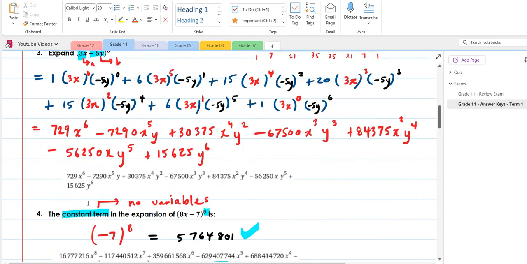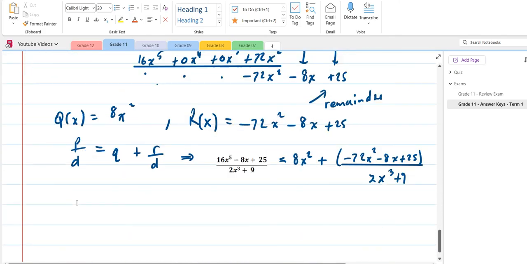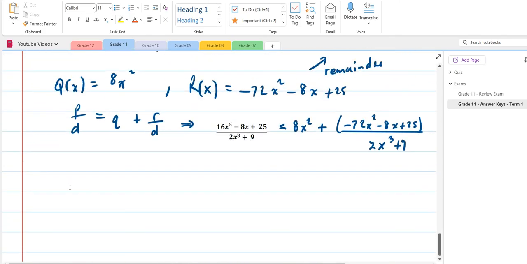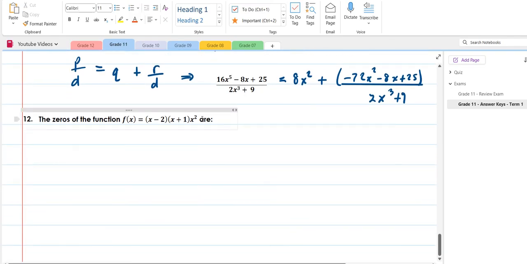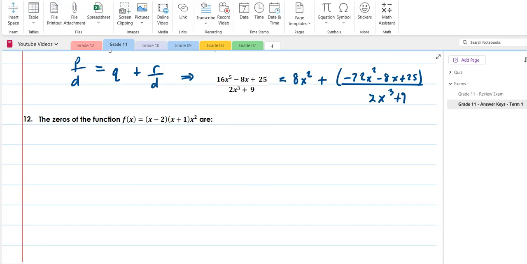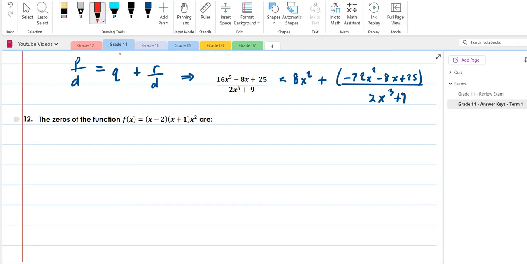Solving question number 12, let's see what we get. The zeros of the function. Now, very important, zeros of this function. What are the zeros of this function? What values of x must I substitute into this function so I get a 0? So I can say x minus 2 is 0. So zeros are x is equal to 2, x is equal to negative 1,